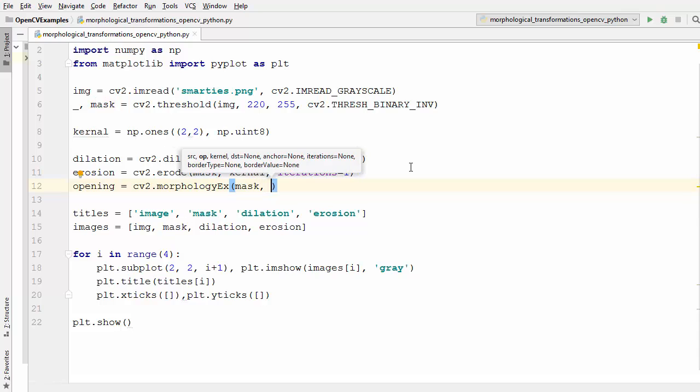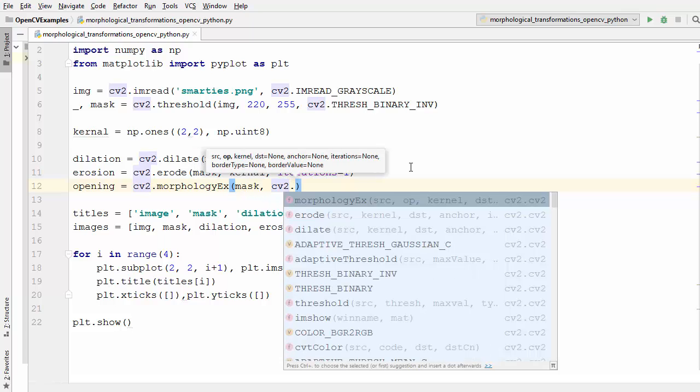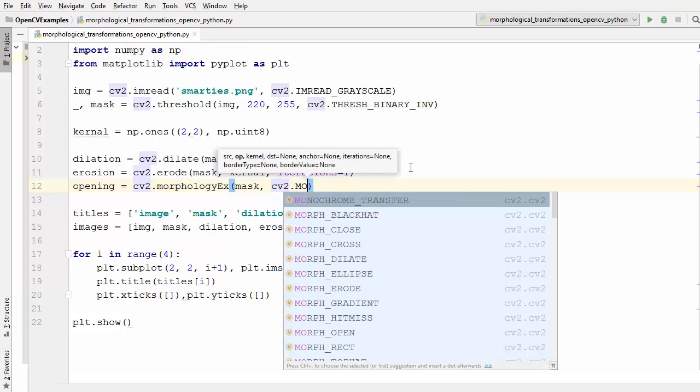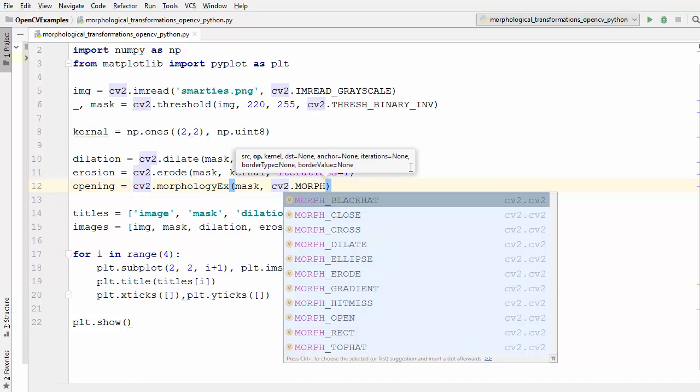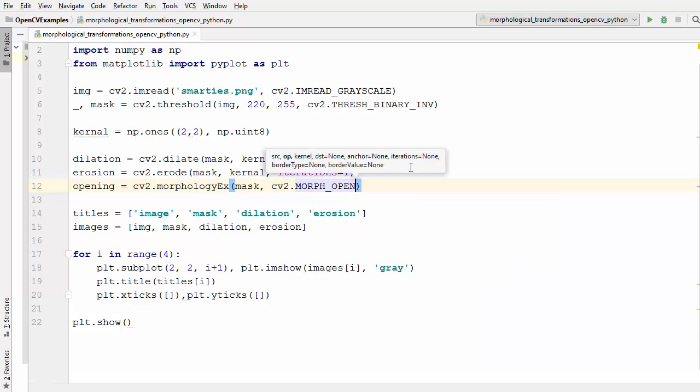The second method is the type of morphological operation which we want to perform. So in this we are going to just call cv2 dot, and then we can specify which type of morphological operation we want to perform on the image. So just write morph and then the type of operation. So we want to perform the morph open for the opening, right? And then the third argument here is the kernel which we have defined,